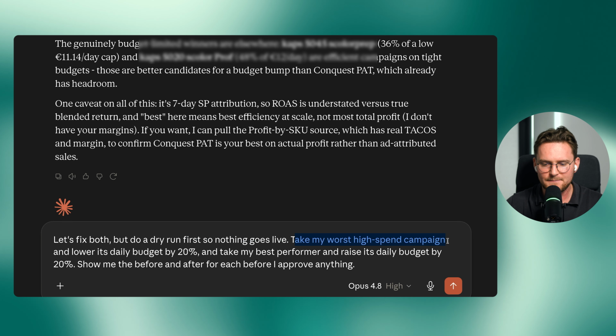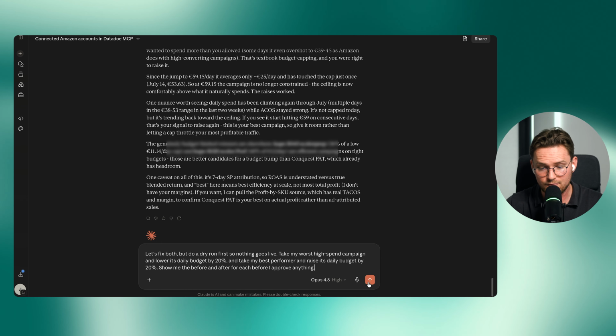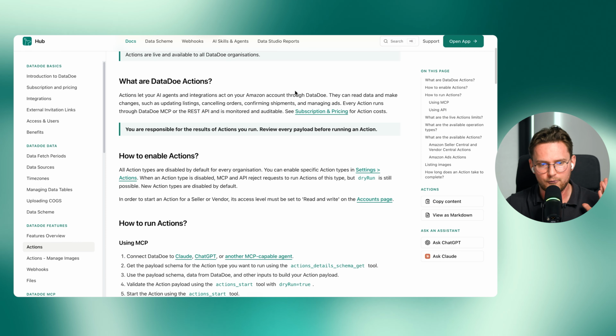Take my worst high spend campaign and lower daily budget by 20%, and take my best performance and raise the daily budget by 20%. Show me the before and after for each before I approve anything. So let's run it here. It will start working. Meanwhile, I will show you very quickly in our DataDoe app, which is like a documentation,